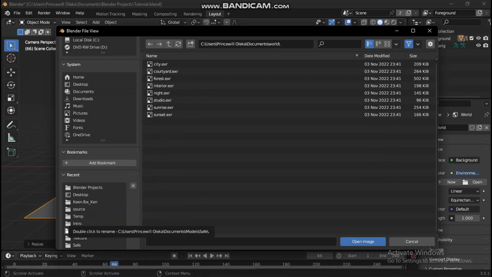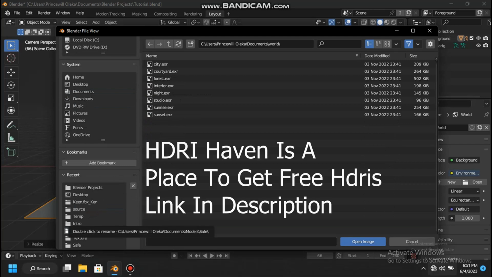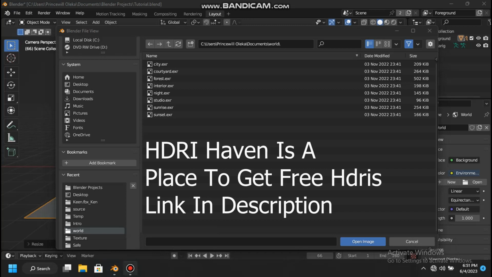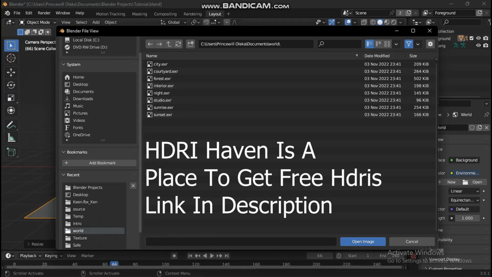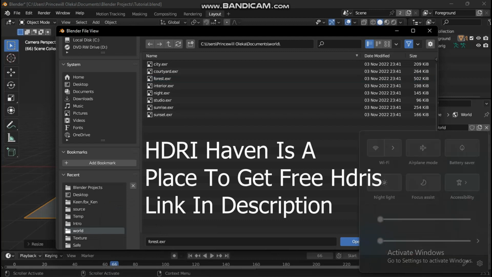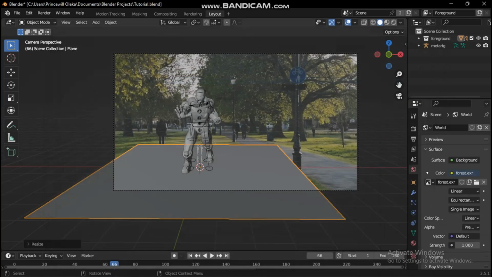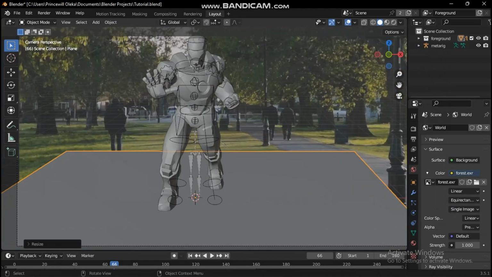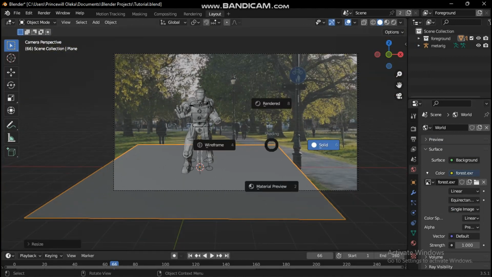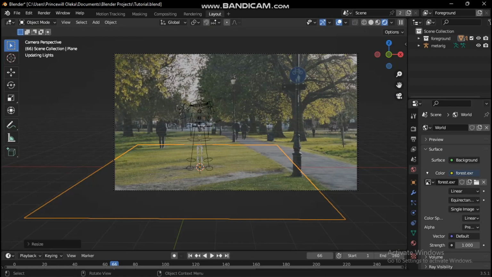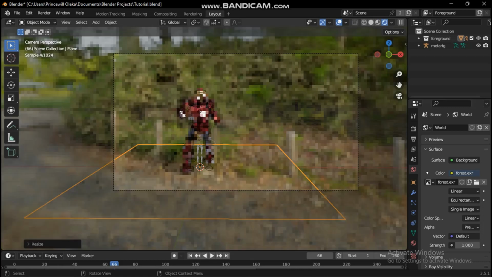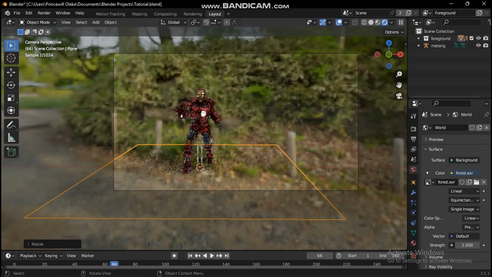So basically you can find environment textures at places like HDR Haven, I would put a place where you can get some of this HDR. So open, clip, and there. Now when we click see rendered, we have a texture, and it's brighter because it's casting light, but